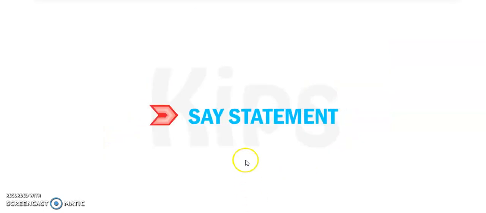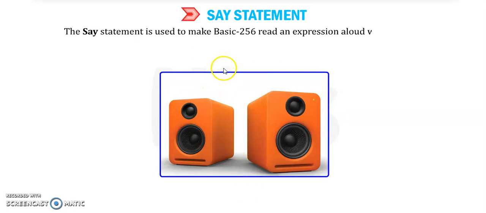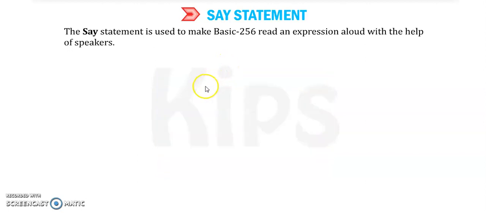Now the next statement is the say statement. The say statement is used to make BASIC-256 read an expression aloud with the help of speakers. The syntax is say, then the expression you have to write.